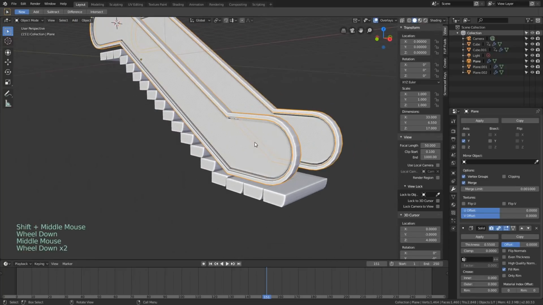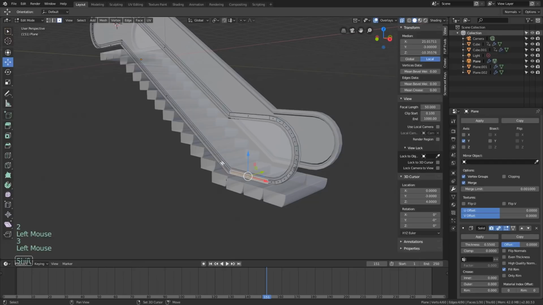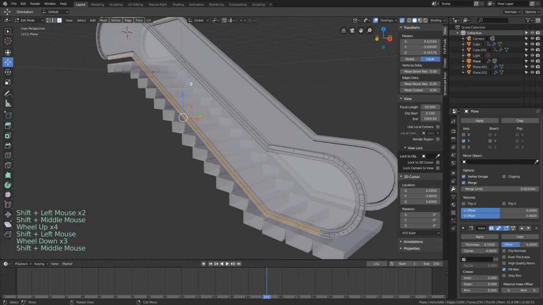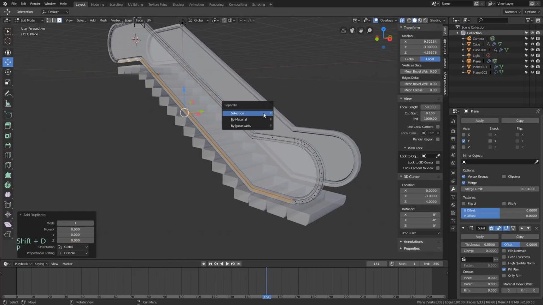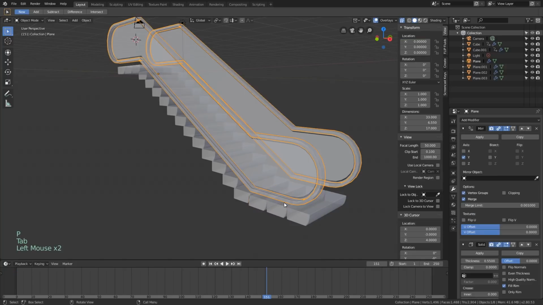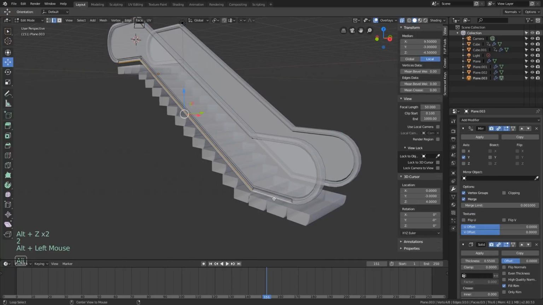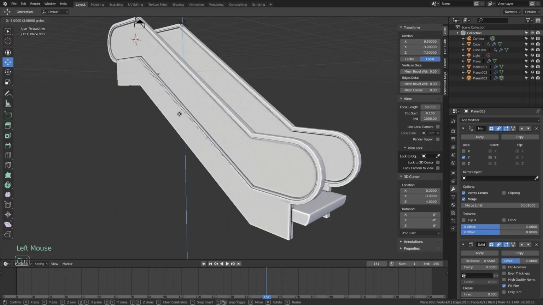So I'm going to press tab to go into this object, and then I want to select a couple pieces here. So in face select mode, let's select this piece, and this piece. Let's Shift D to duplicate it, P to separate by selection, and then with that object selected, what do I want to do? I want to select this bottom edge here, and then maybe move that just down, something like that.